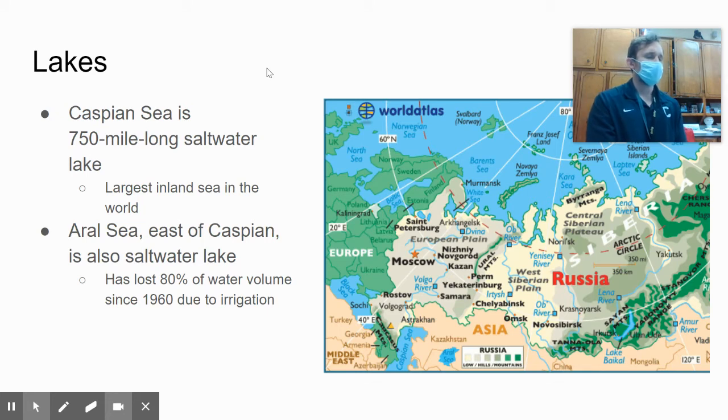The Caspian has the Volga River that drains into the north. So as a result, the northern part of the sea in Russia and Kazakhstan is almost a freshwater lake, whereas the southern part is more saline. The southern part, which is near Iran and Turkmenistan, has much higher salt content. So for you guys up here on this map, obviously the Caspian's down here. This upper portion is a little bit more freshwater lake, and the further south you go, the more saline. Then you have the Aral Sea, which is another saltwater lake. This map is kind of misleading, as you'll see on the next slide. It's lost over 80% of its water volume since the 1960s due to irrigation.